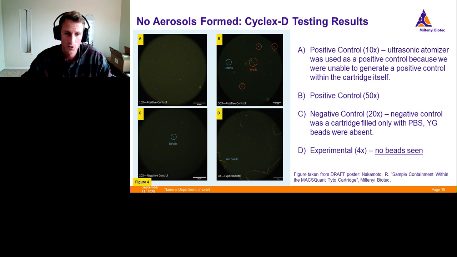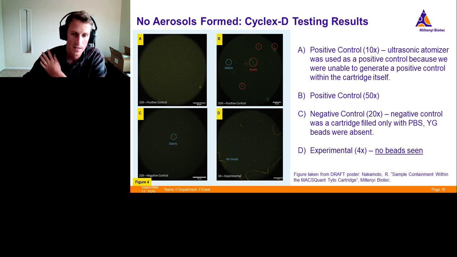So in the positive control, we can definitely see these red circles in figure B, indicating beads, and in the negative control, we see no beads. This is as expected. And then in figure D, this is our actual experiment. We don't see any beads as well. And this is nice, but